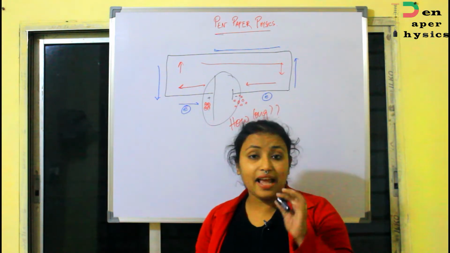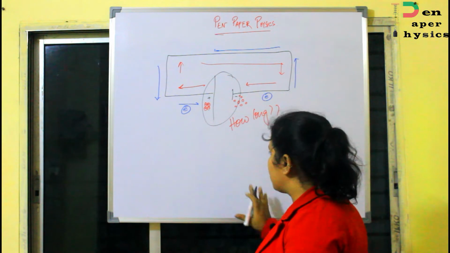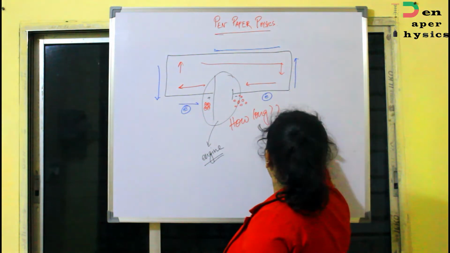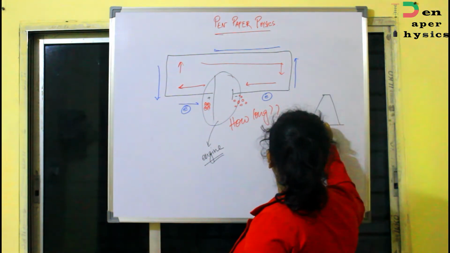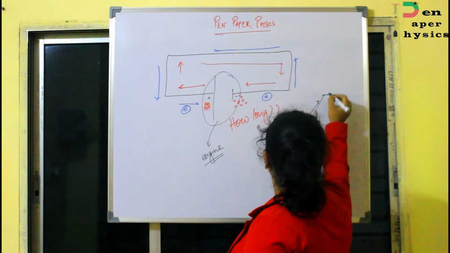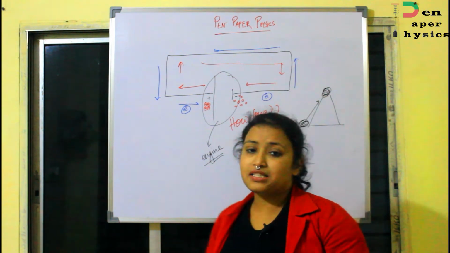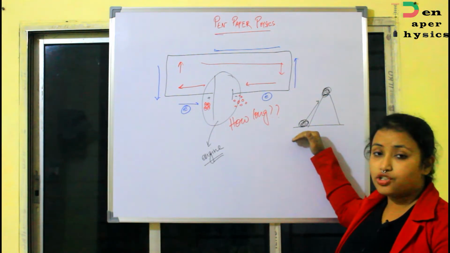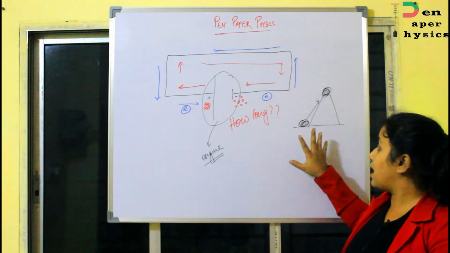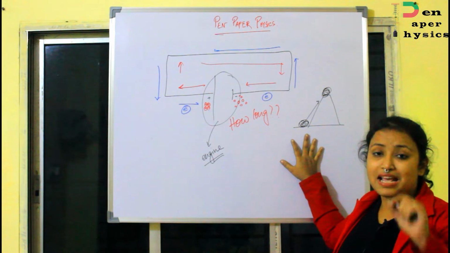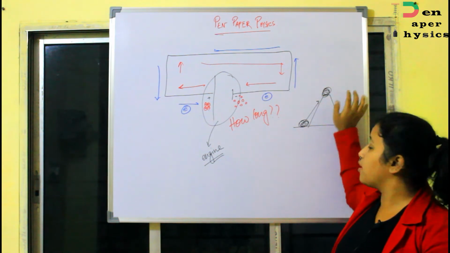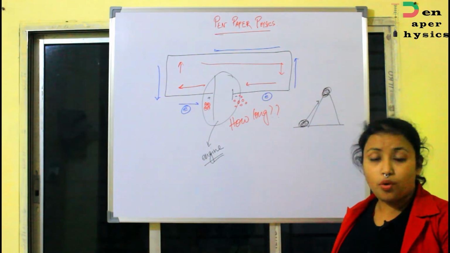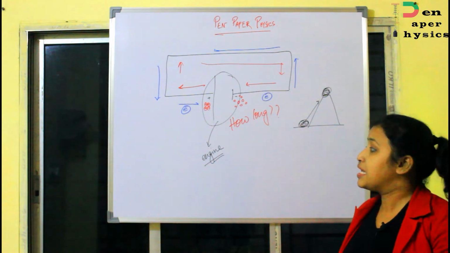Now what does the battery actually do over here? The battery is working as the engine of a car, you can say, which tries to move up a hill. Suppose the car is over here, now the car wants to move here. So it needs an extra force to move. It needs a driving force to move from a lower potential energy to a higher potential energy. That time the car engine will provide the necessary force to overcome the gravitational force and move from the lower potential energy to the higher potential energy region.